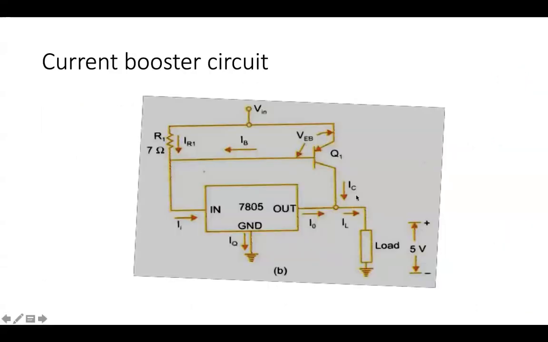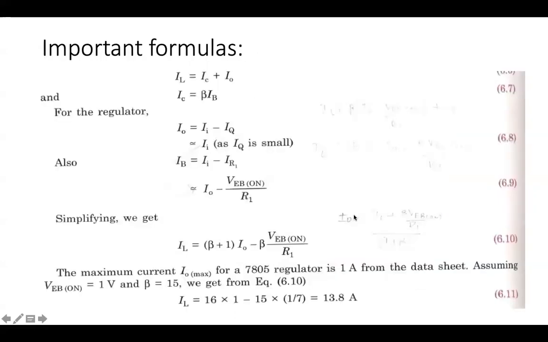Now that load current is actually here. So I naught is different. IC is with respect to the transistor Q1. I naught is with respect to 7805, and IL is the current with respect to load. So at different points we calculate, and we are getting different values. Keep in mind, I naught is 1 amp, and for the load,